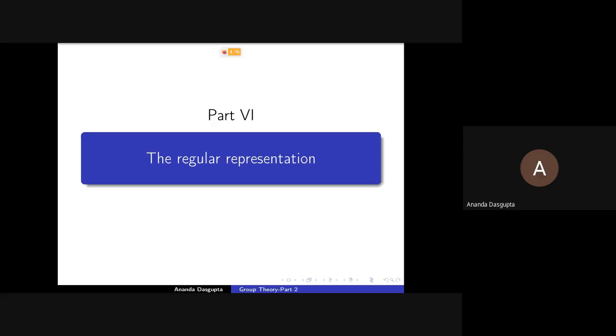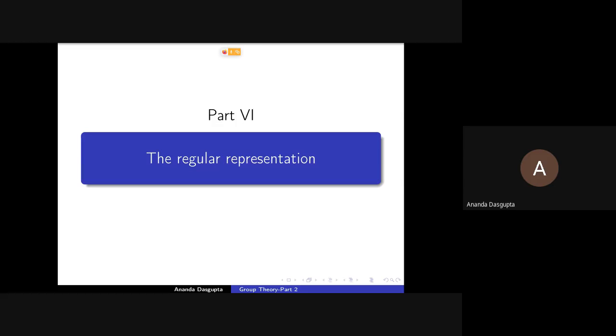Now, the regular representation is very important because of two things. First of all, this is a representation which every group carries on its own back. So you don't have to fall back on any other vector space somewhere else to get this representation. Number two, as you will soon see, irreducible representations are actually the building blocks of all representations. You can build all representations together using irreps, or irreducible representations. We are going to explain what that is. So, a regular representation is something which gives you every irrep that a group can possibly have.